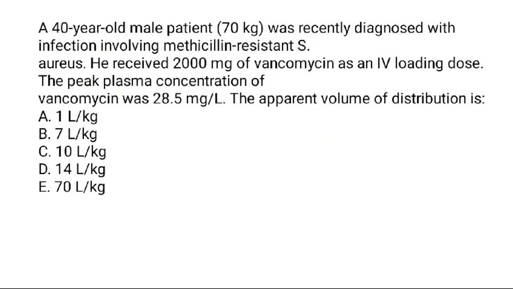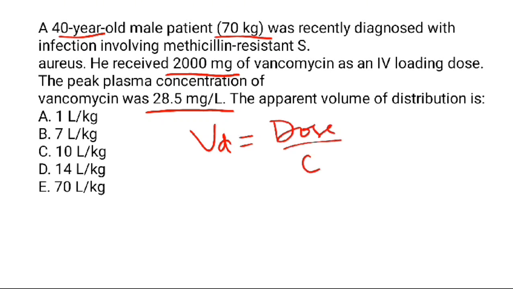A 40-year-old male patient, 70 kg weight, was recently diagnosed with an infection involving methicillin-resistant Staphylococcus. He received 2000 mg of vancomycin as an IV loading dose. The peak plasma concentration of vancomycin is 28.5. What is the apparent volume of distribution? We know the formula of volume of distribution: Vd equals dose divided by C, concentration. Now, dose is 2000 divided by concentration 28.5, and it equals 70.1